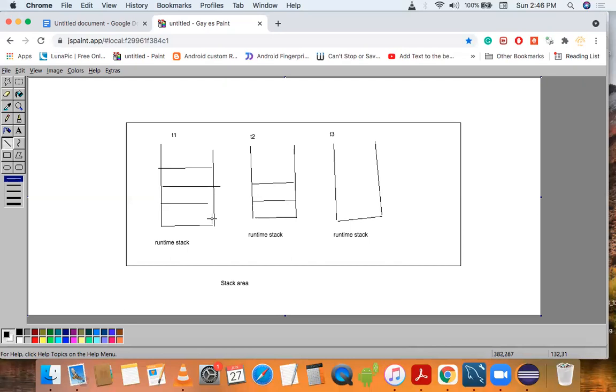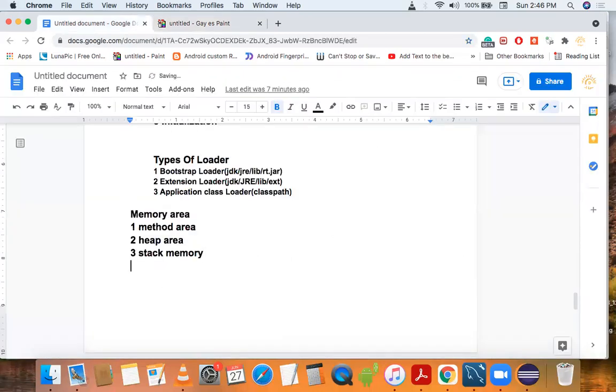So now let's move on to our next memory area. Our next memory area is the PC register. For every thread, the JVM will create a separate PC register at the time of thread creation.